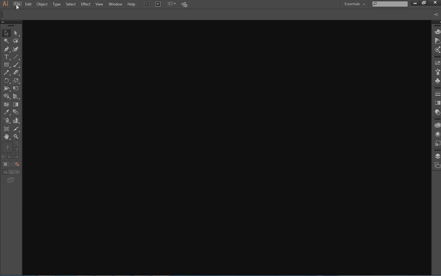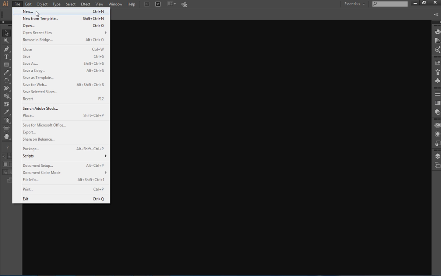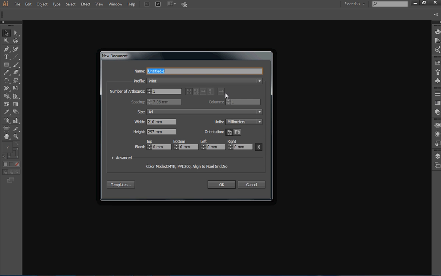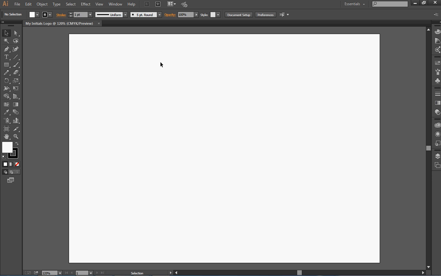We need to start a new file, so File and New, and then I'm going to call this my initials logo. Got a name, and I want it to be A4, and I want it to be landscape. So switch from portrait to landscape. So that should give me a piece of A4